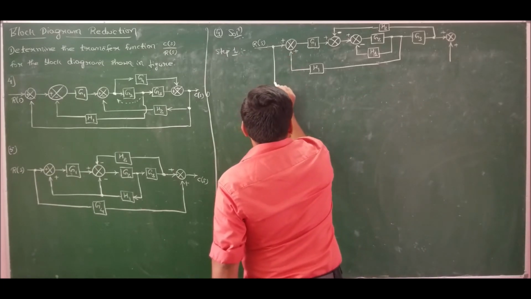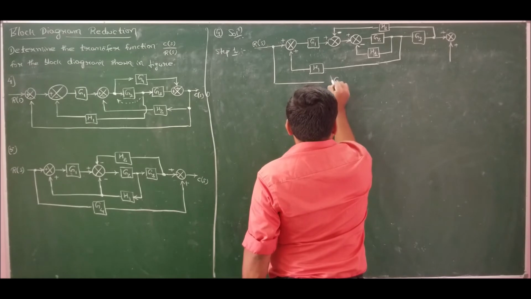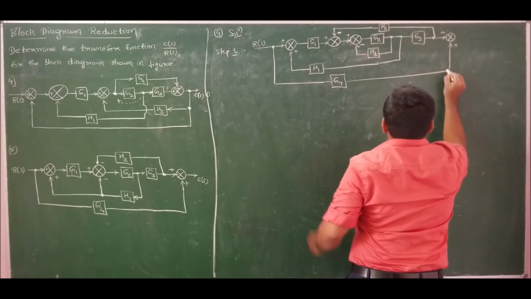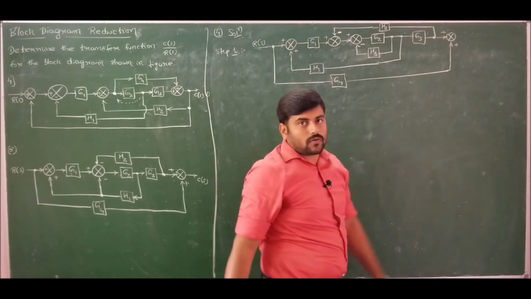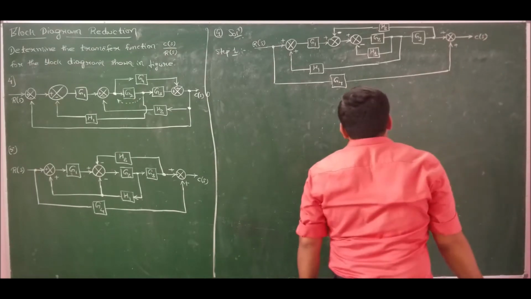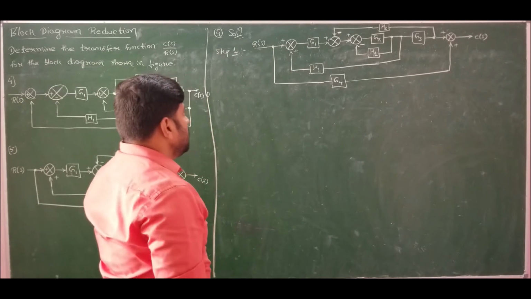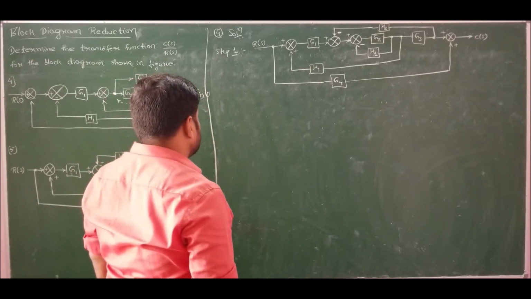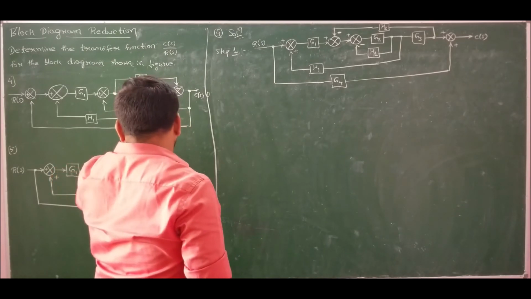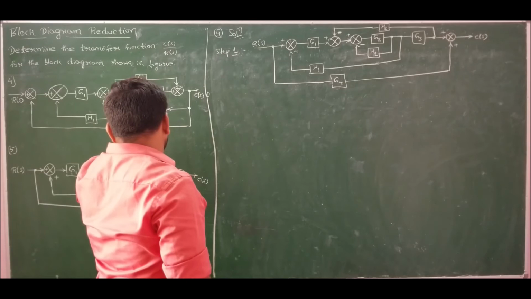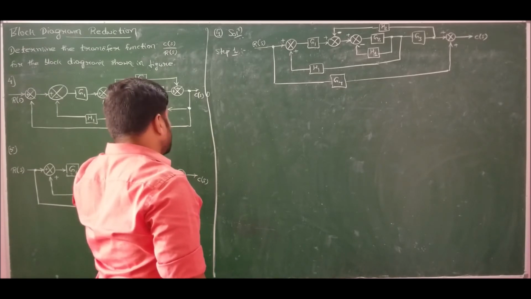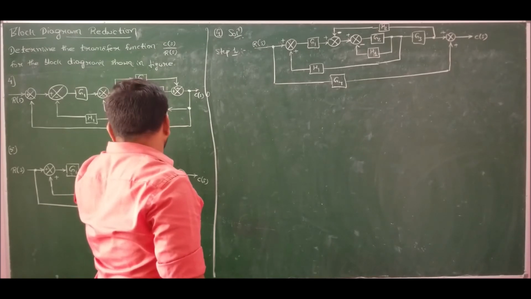So it is not feedback, it is a parallel block to these entire blocks, because this is also forward path, this is also forward path. We have C of S. So this is how the problem looks if I split it. Am I correct? We have two h1s, correct? Splitted this takeoff point twice, and for this summing point we have two feedbacks coming, h1 and h2. So I splitted this twice, once for h1, once for h2.